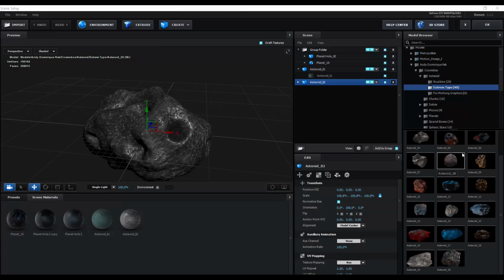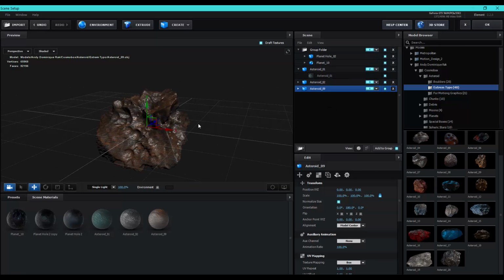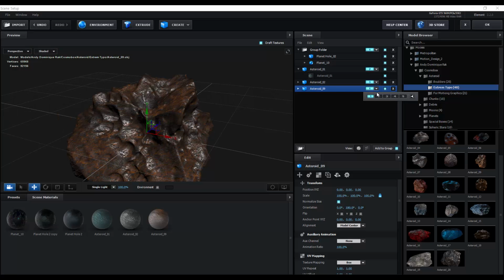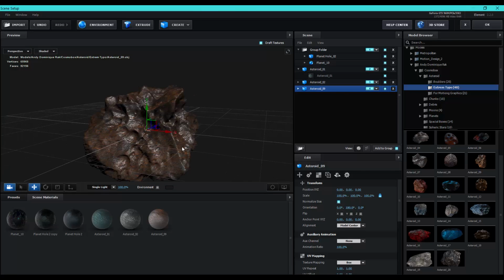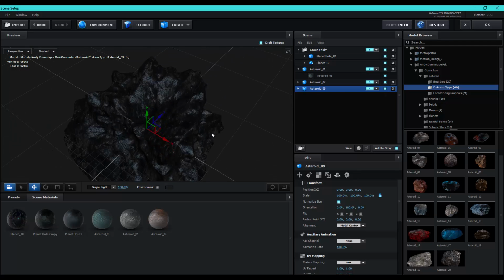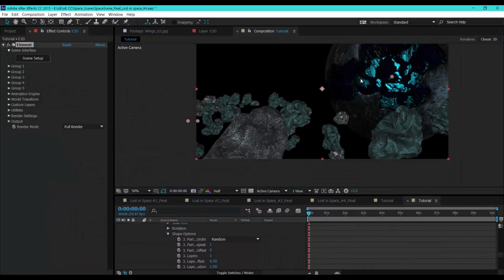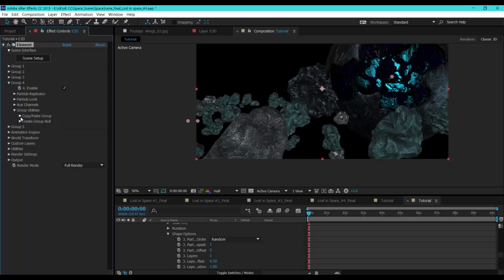Let's choose another, maybe this one. This one is looking pretty good and put this into the group 4 and let's apply this one. So let's hit OK and let's paste this.